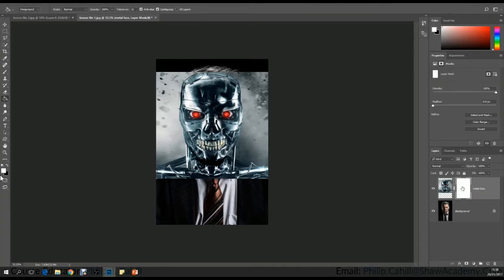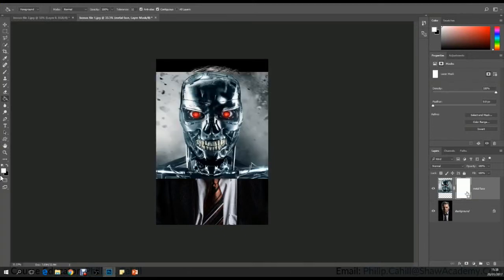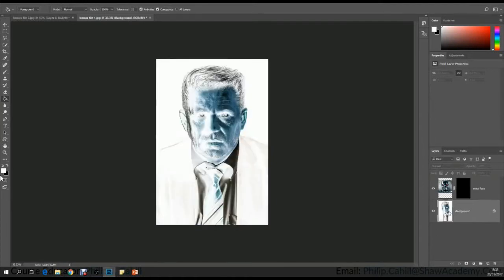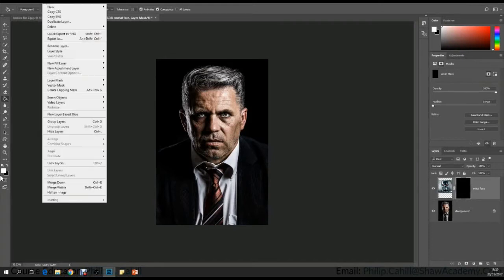You can also use the inverse. Okay, so Control I is the shortcut, and if you look at my mask where my hand is here, every time I press Control I, it will invert the colors. Okay, so this is working on the mask where I hide everything, but if I actually show you an inverse on this gentleman here instead, it works on any layer at all. Control I, and it will completely invert the colors for you. Just going to make sure I have my mask selected again, and we are on black. I am as well. Okay,